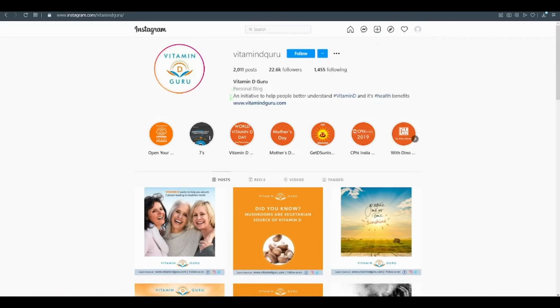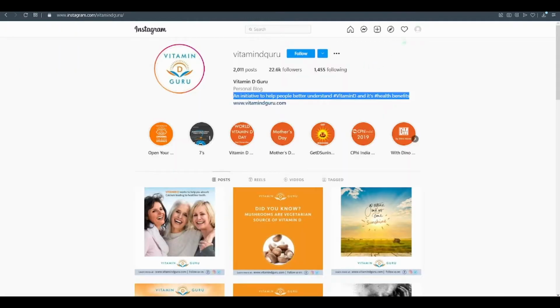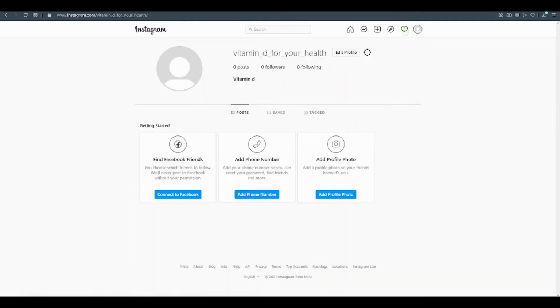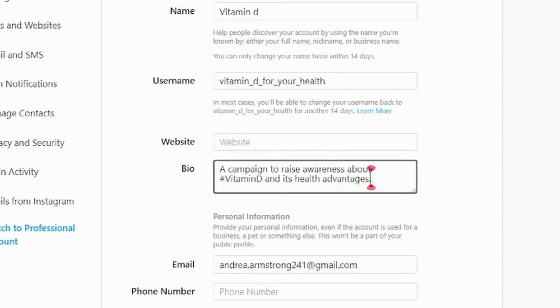You can write something, for example, copy like this and paste it and paraphrase. It's going to paraphrase this text, and you can just optimize something like that, and just copy it, and go to profile, edit profile, bio, and